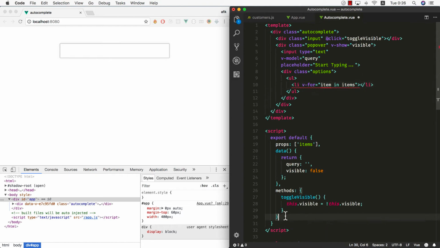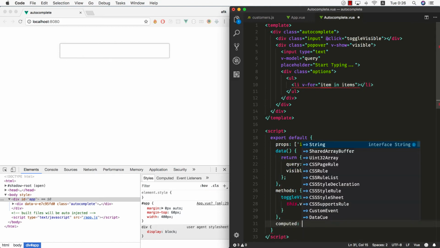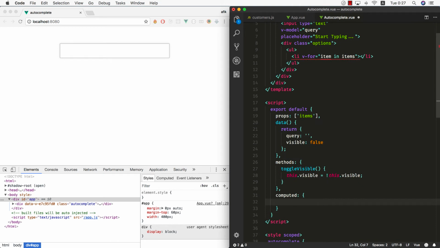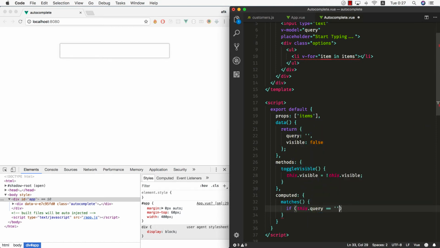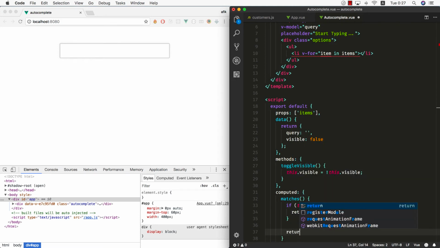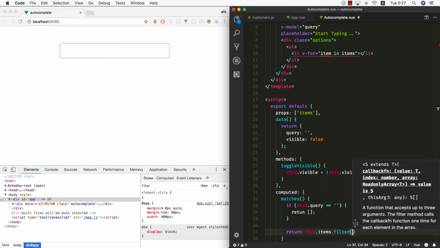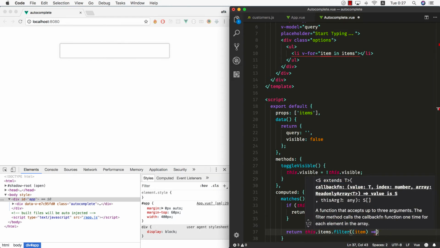Okay, so let's create another key in here called computed. Let's create a computed value called matches, and this is going to be based on the query. So if this.query is equal to an empty string, in this case we'll return an empty array. Otherwise we'll return this.items, and then we want to filter them somehow based on the query, right? So we can do .filter, and for each item in this array, return this item in the array only